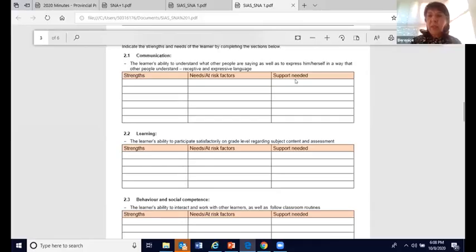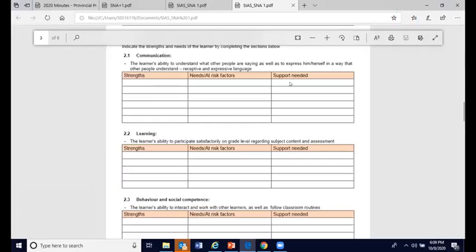So it's support that is needed in order for her to communicate. You might say here that she communicates quite well in an environment where everyone is able to understand sign language, but you might want to put in there that support is needed at home because the parents don't know sign language.